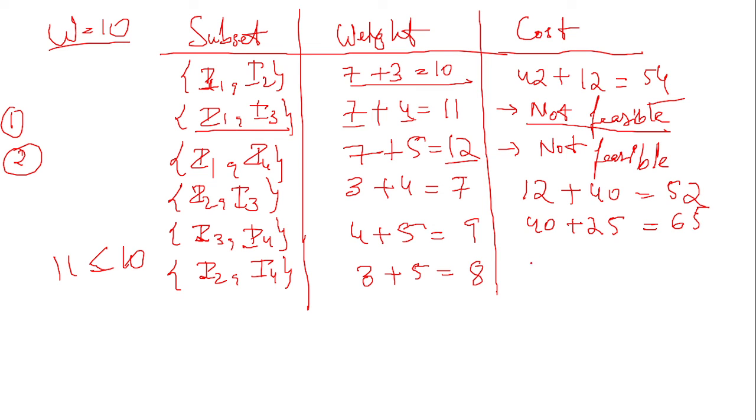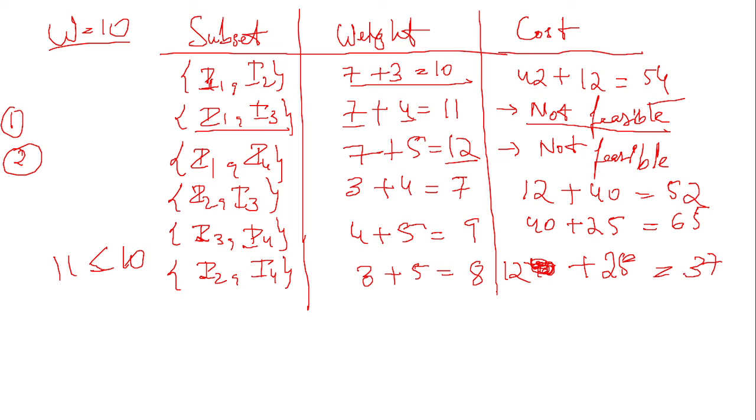Sorry, just a minute. Item 3 cost is 40 plus item 4 cost is 25. Sorry, I have to consider item 2. Item 2 cost is 12 and item 4 cost is 25, so this becomes